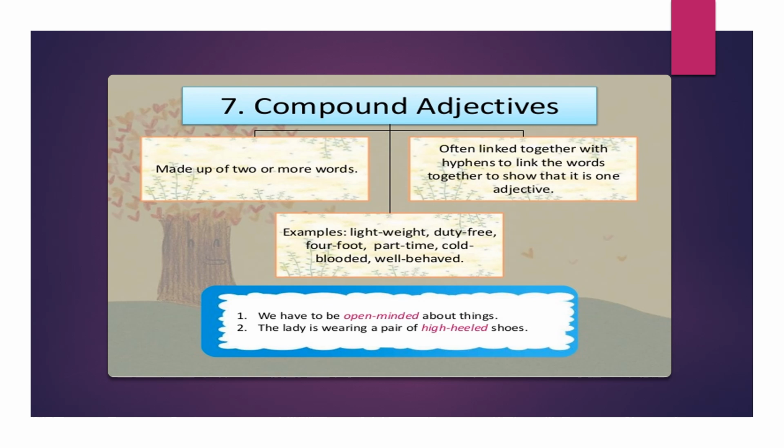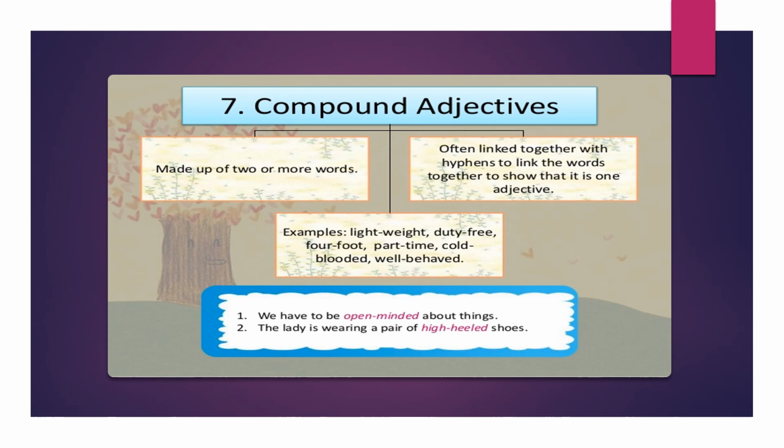For example, if I have well-behaved as a compound adjective, how will I use it in a sentence? The students of this class are very well-behaved. So here well-behaved is a quality. Now how am I referring to that quality? I have put two words, well and behaved, joined them using a hyphen, and then I'm using that single word in a sentence to refer to a certain quality that a person or people possess.